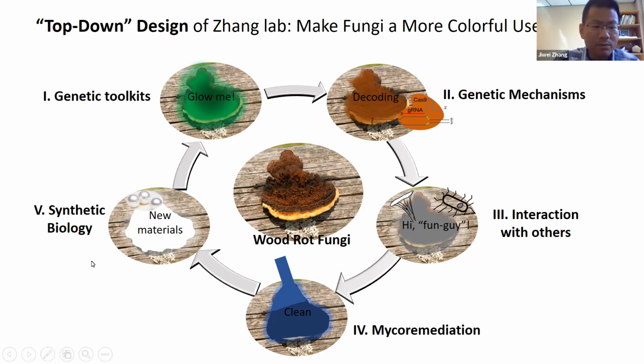And the last piece, which is probably my future area: we wanted to use our fungi as a platform to develop synthetic biology. There are several reasons to do this. One is that these fungi can convert plant biomass into sustainable carbon sources. That means they can use plant biomass as a carbon source, and they can convert this carbon source to other bioproducts through synthetic biology designs.